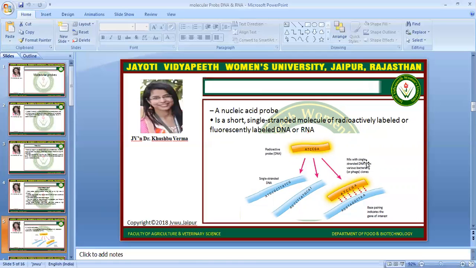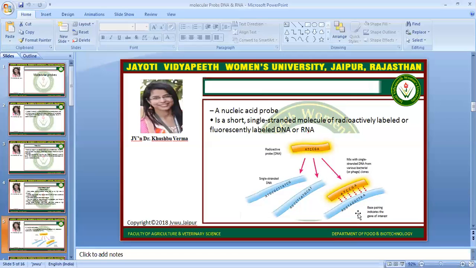It can be mixed with single-stranded DNA from various bacterial or phage clones, and base pairing indicates the gene of interest. It will bind to its complementary region.